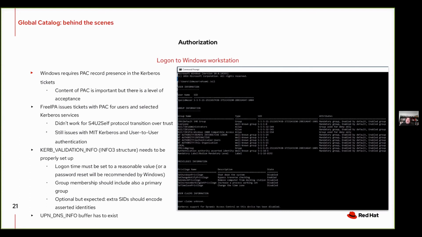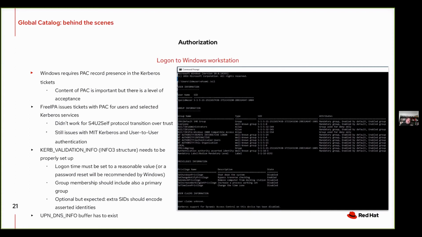If this had been protocol transition, as for S4U2Self operation, this would have been a different SID. And on the Windows side, you could actually differentiate in the access controls that whoever connects to you should be the real user, not some service that impersonates this user, by allowing or disallowing access using this SID.